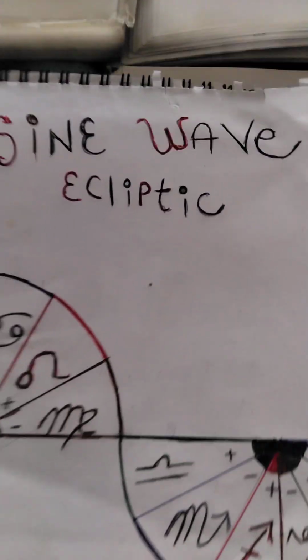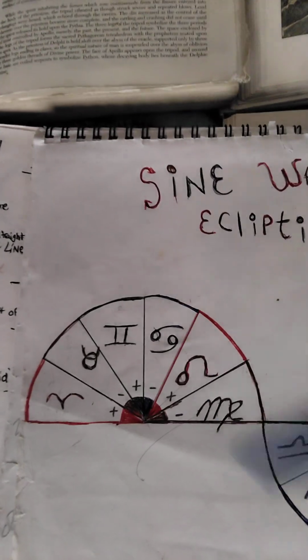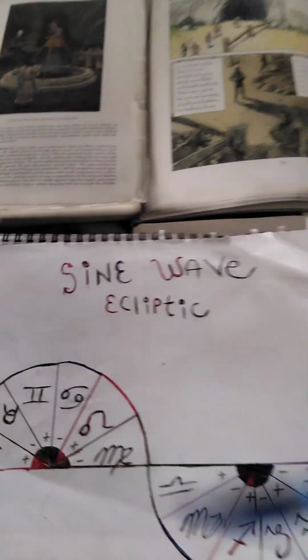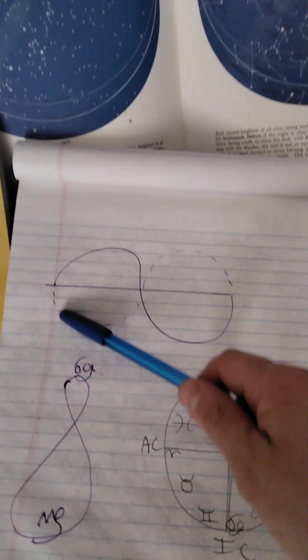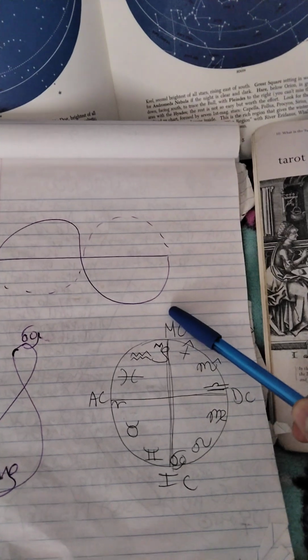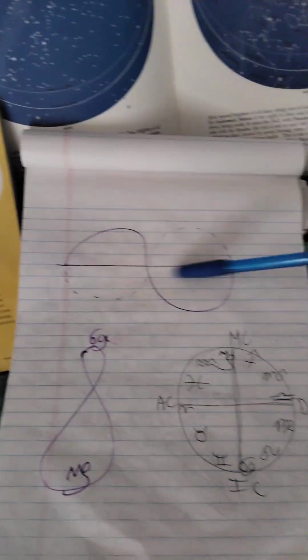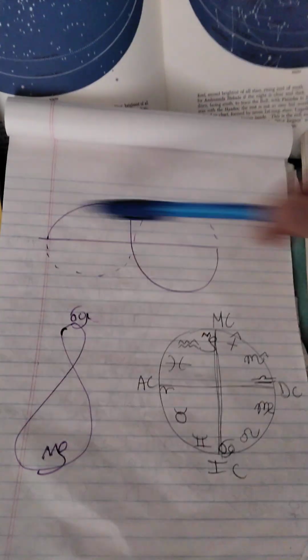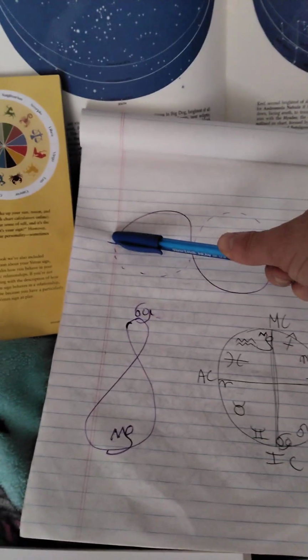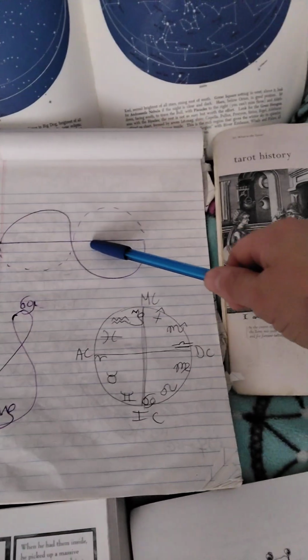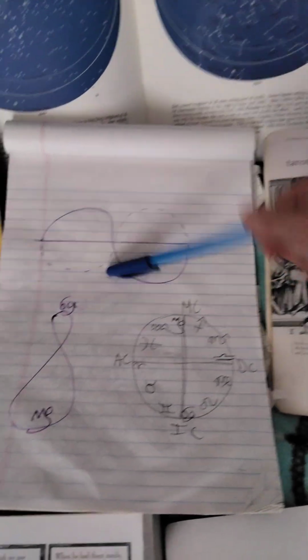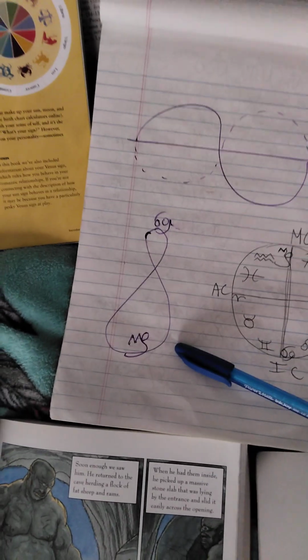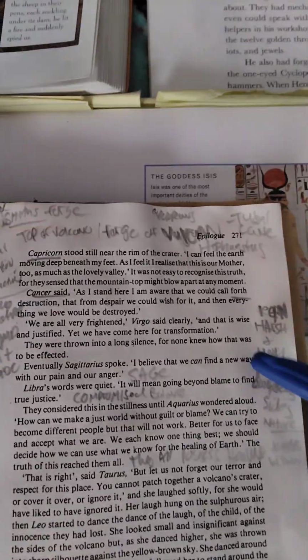So anyway, Cancer and Capricorn represent the mom and dad, the mother, father, the solstice points, right? So this is wave amplitude, Cancer, Capricorn, while Aries and Libra is the equator, equal, even. Aries, Libra, 12 hours daytime, 12 hours nighttime. Libra, right there in the middle, 12 hours daytime, 12 hours nighttime. So that's why it's the analemma, Cancer, Capricorn. So the highest and lowest, they went to the summit, they went to the volcano,